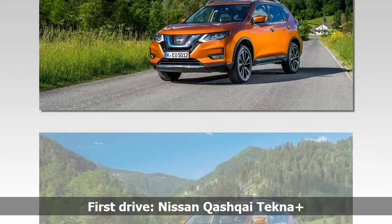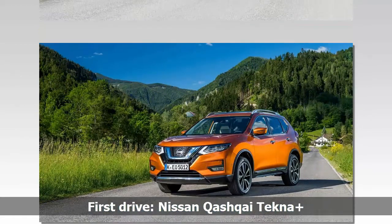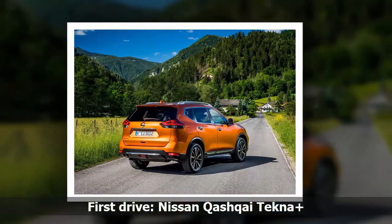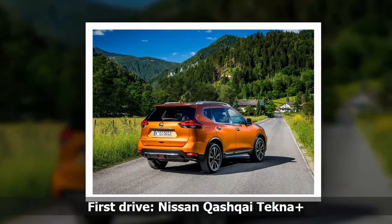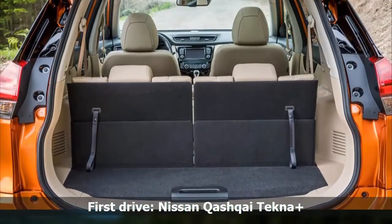Ask anyone at Nissan and they'll tell you that the Qashqai is the original crossover vehicle. The first generation model was launched back in 2007, and since then the Japanese manufacturer has gone on to sell around 2.3 million examples in Europe alone. Now in its second generation, Nissan is confident that the latest Qashqai will be able to continue on the success